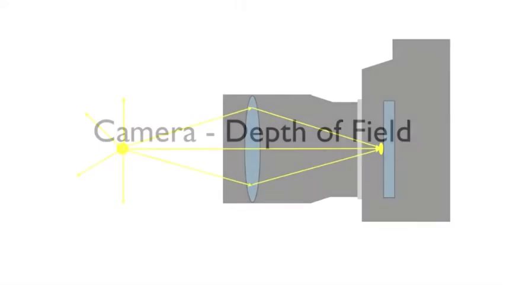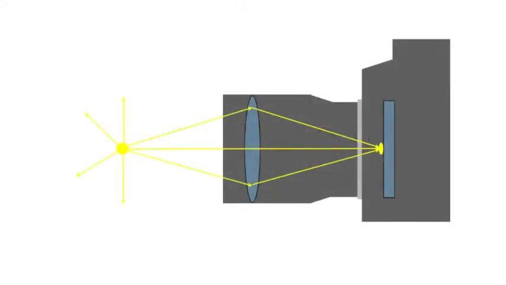The amount of a scene that is in focus is known as the depth of field, which makes sense given that the word depth is in the name. The effect is probably easiest to observe if you use a small light source like a Christmas light or a candle. As you can imagine, the light shoots off in every direction and some of that light enters the camera